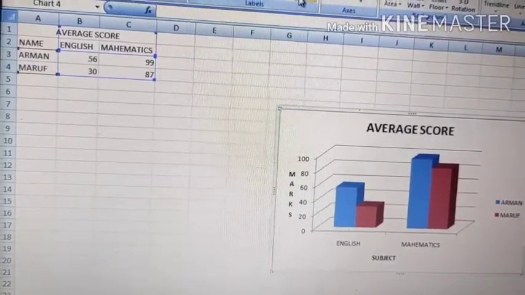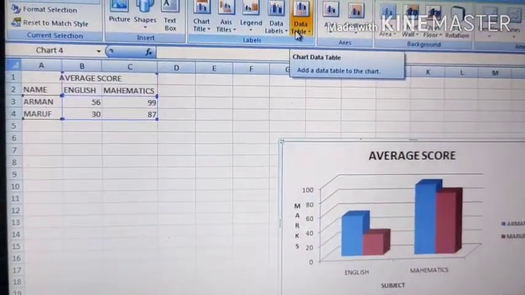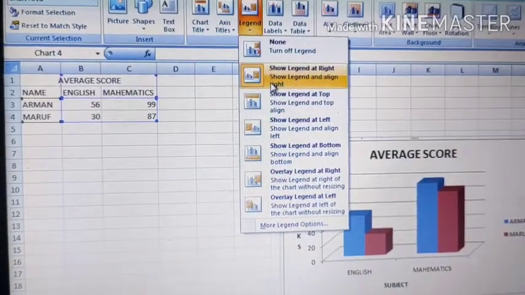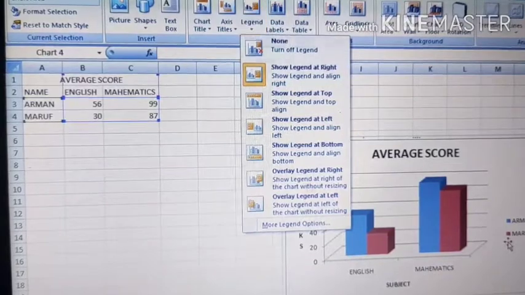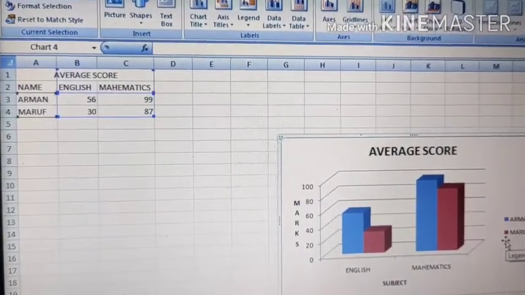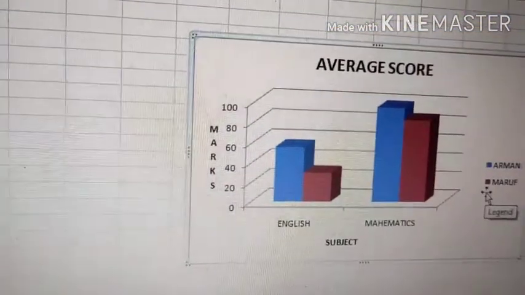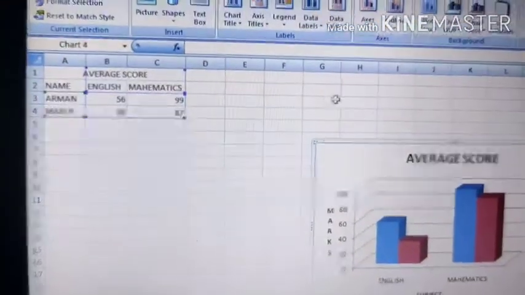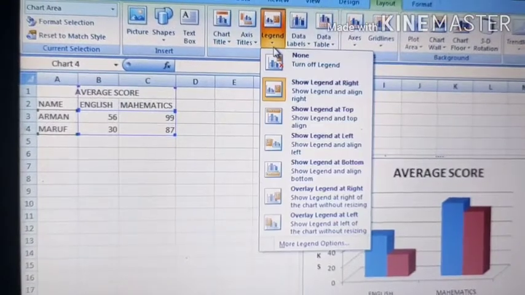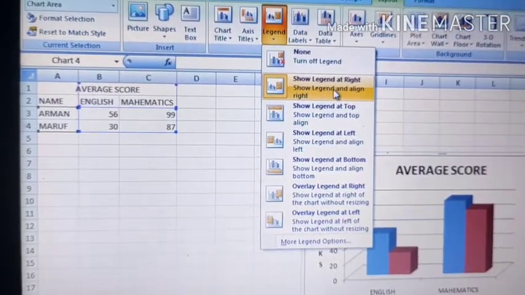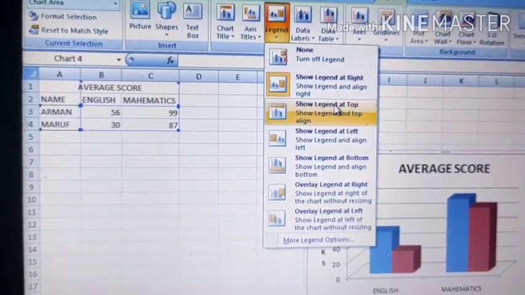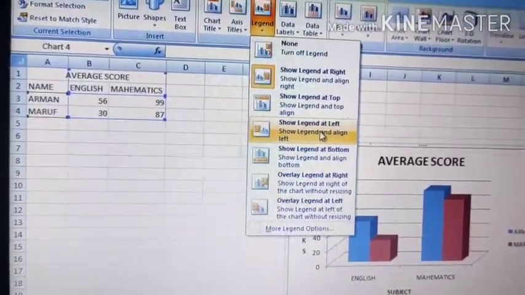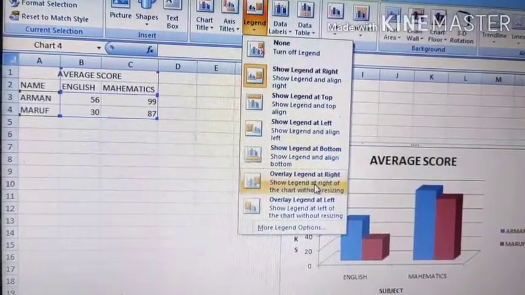Now if you want to change any of the legend colors, you can do that. Just click here. And one more thing you can do: the legend is now coming on the right side, but if you want to show the same legend in other places of your chart, like the left, top or bottom, wherever, that option is in this legend option. Show legend at right, it is already on the right. Show legend at the top, if you want to show it at the top you can. If you want to show the legend at the left, at the bottom, at the right, your choice.